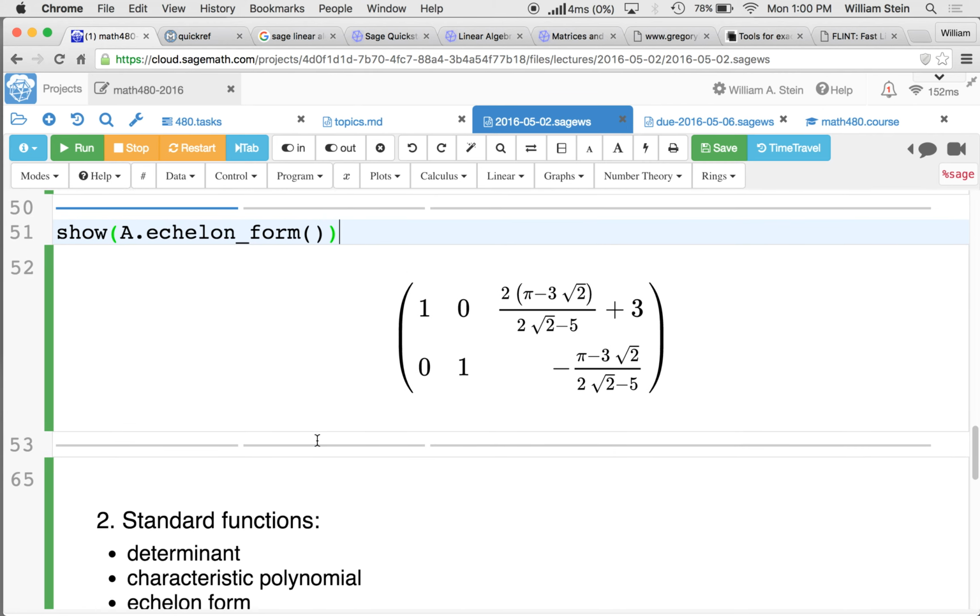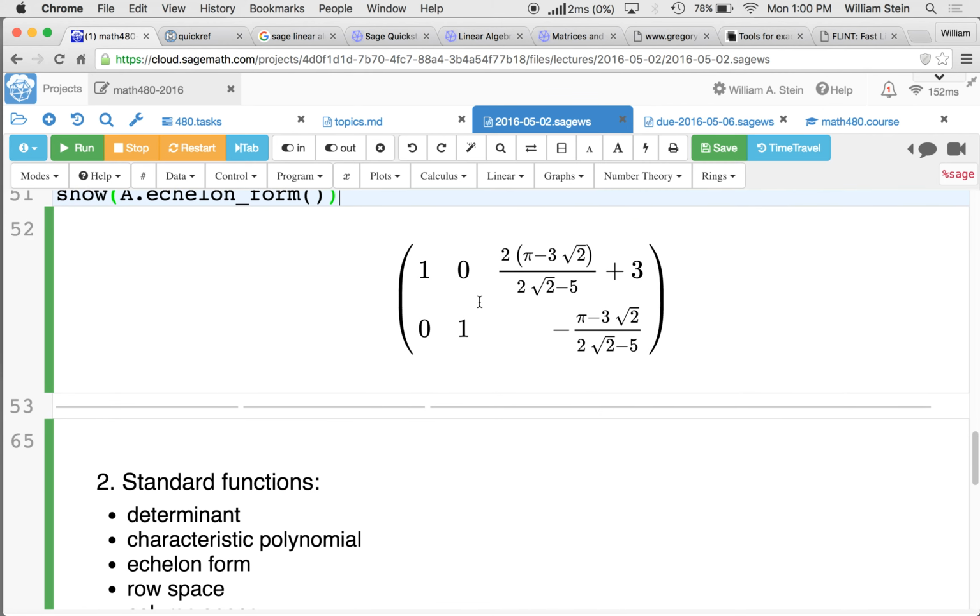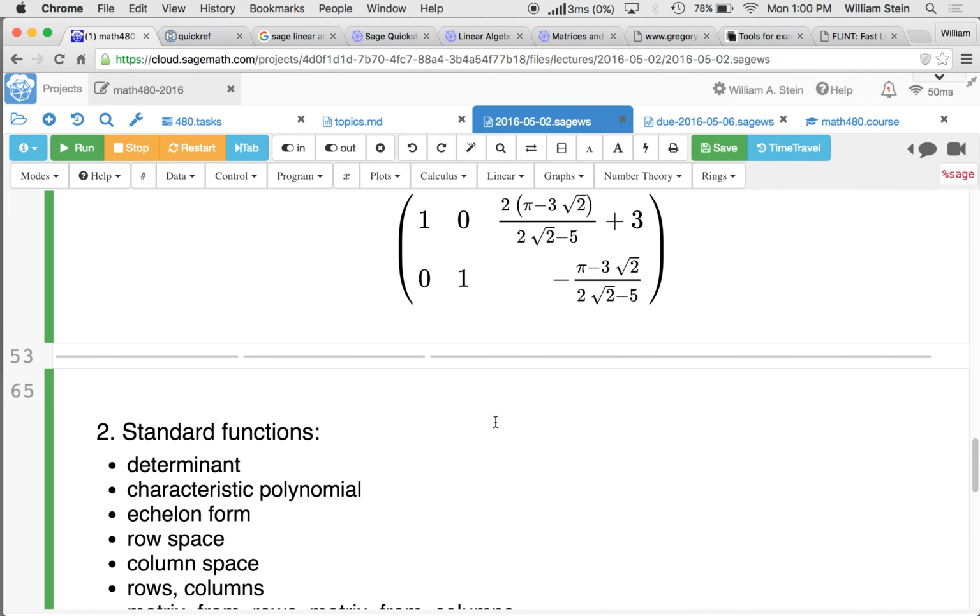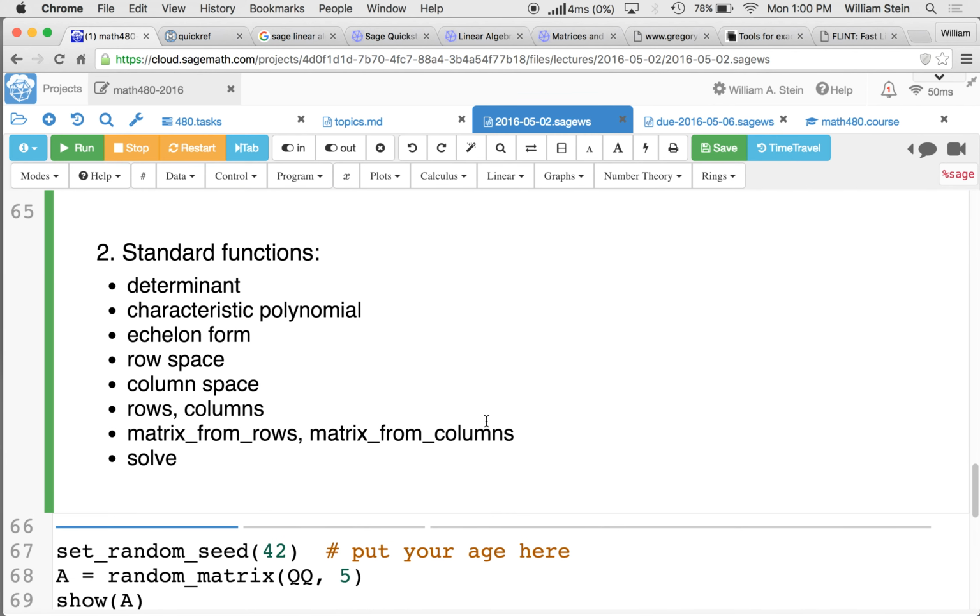There you are. So notice it keeps everything exact and does the whole thing. There's a lot of functions on a matrix. So obviously there's things like determinant, characteristic polynomial, row space, column space. These are already very interesting because